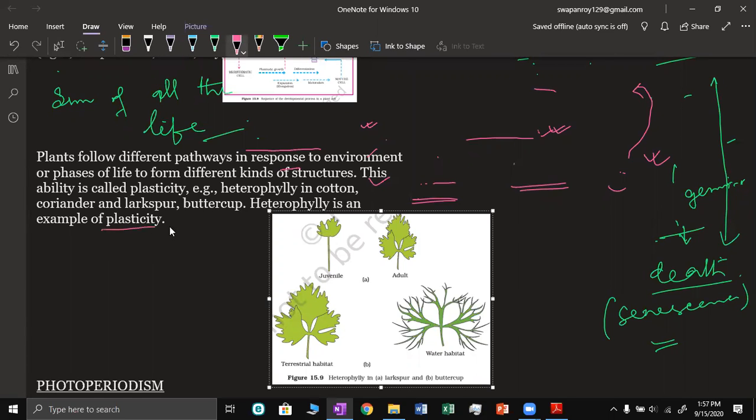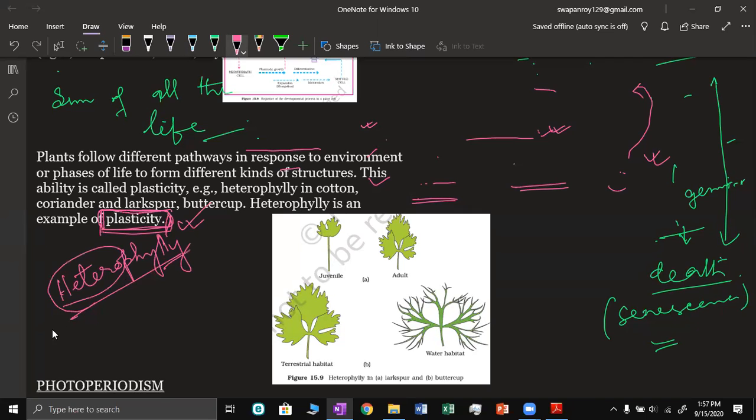plasticity of the plant, or plasticity of living organisms. We also adapt according to our changing situation, changing condition. So one of the plasticity seen is in terms of heterophyly. Heterophyly, hetero means different, heterophyly, that the same